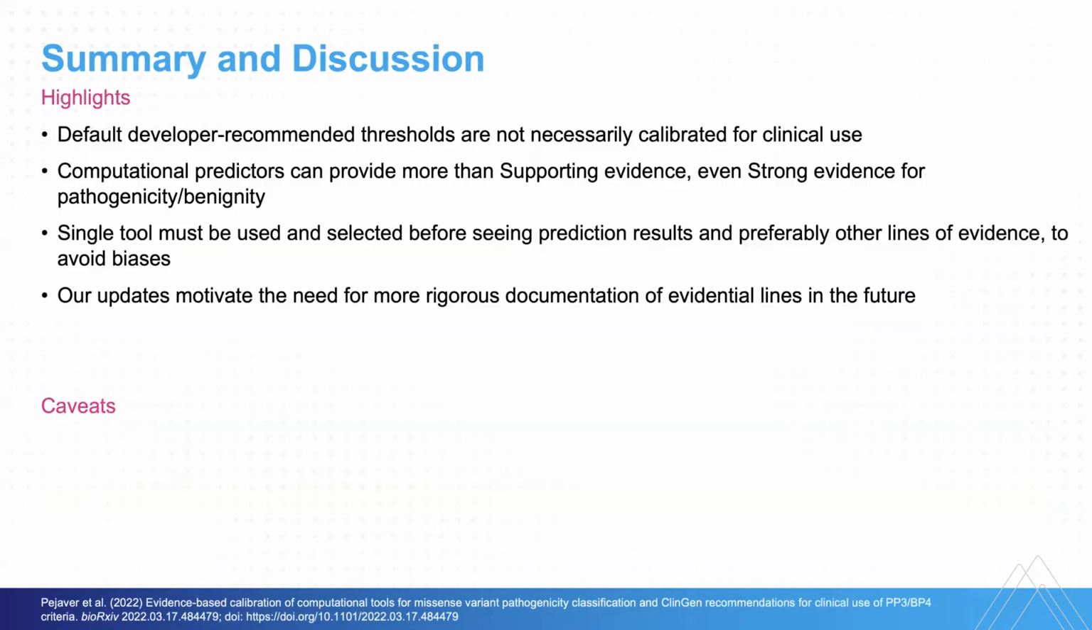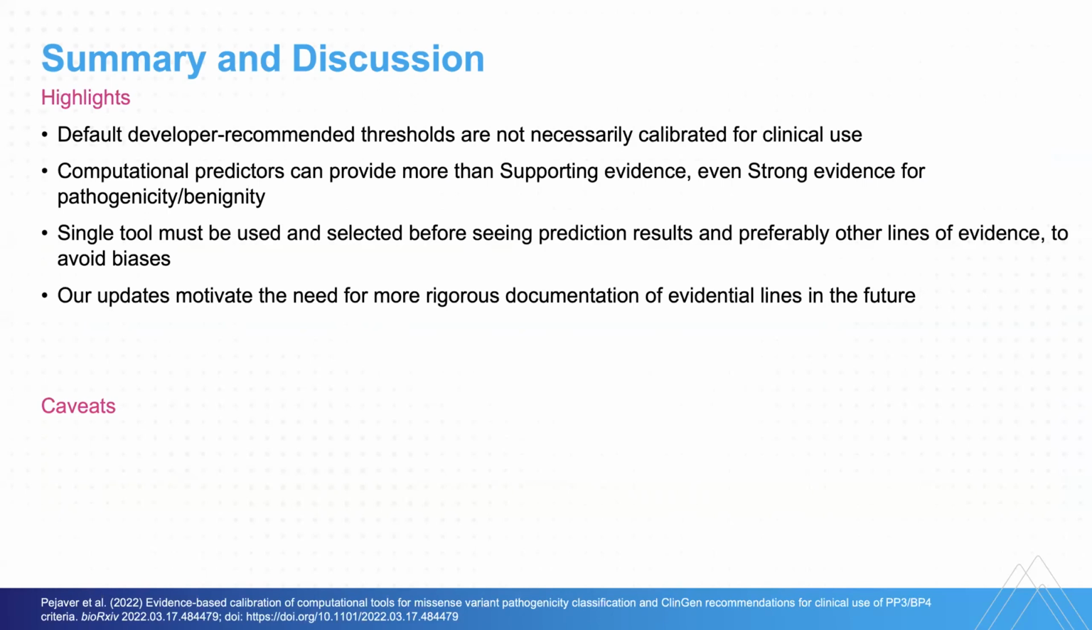So just to summarize and go over some of the key takeaway messages, as Sean mentioned, default developer recommended thresholds are not necessarily calibrated for clinical use. Computational methods can provide more than supporting evidence, and even strong evidence in some cases, for both pathogenicity and benignity. A single tool must be selected before seeing prediction results, and preferably other lines of evidence, to avoid potential